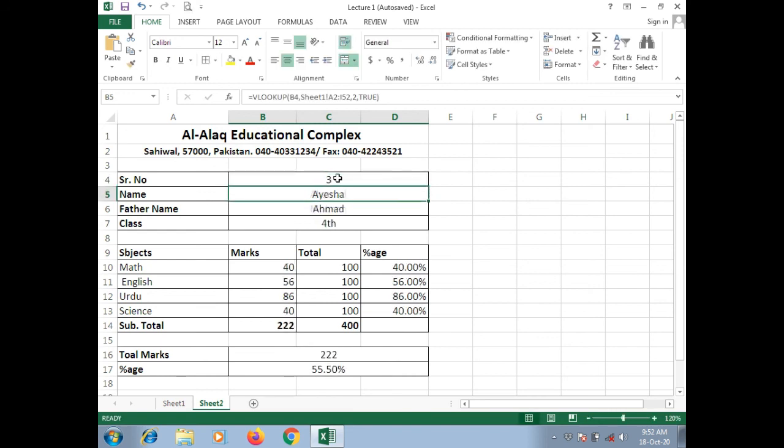Roll number 3 got 55%. Roll number 4 got 22%. Roll number 6, this. Roll number 10, look into this. It's very easy. Let's look at roll number 20, 81%. Roll number 25, look into this. Roll number 30. So in this way you can develop a result card.